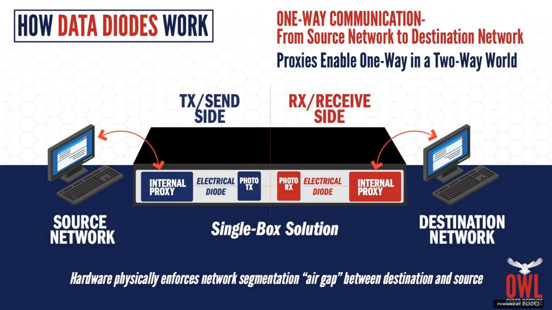So the data is sent to the diode. The diode becomes the new endpoint. Previously, A was talking to B, or source was talking to destination. The source side of the diode becomes the new B prime, if you will, so A is talking to B prime instead of the original B. The session is terminated, so all the TCP/IP behavior, the acknowledgments, the ACKs and NACKs, and all the things expected of the protocol are followed and executed.